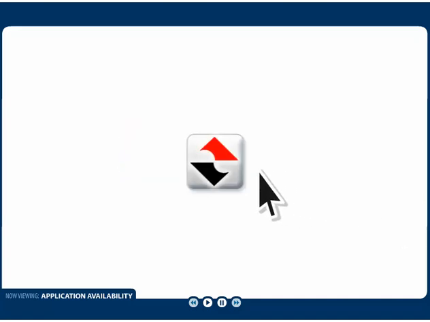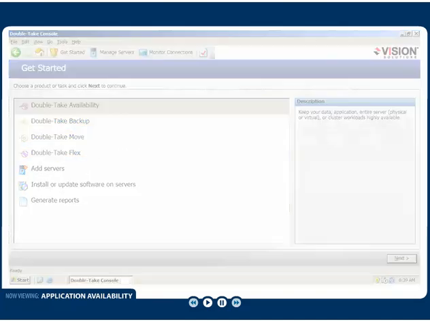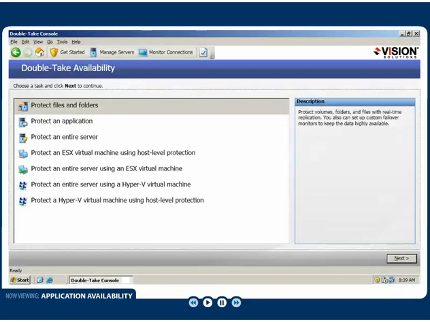The Double-Take console provides a central point for monitoring and managing Double-Take Availability jobs in the environment. Its Get Started screen also acts as a starting point from which to manage all of Vision Solutions' other products, such as Double-Take Recover Now, Double-Take Move, and Double-Take Flex. The task-oriented workflow makes it easy to configure replication and failover protection for critical workloads by stepping you through the setup process based on the particular kind of workload you want to protect and whether or not it's running on